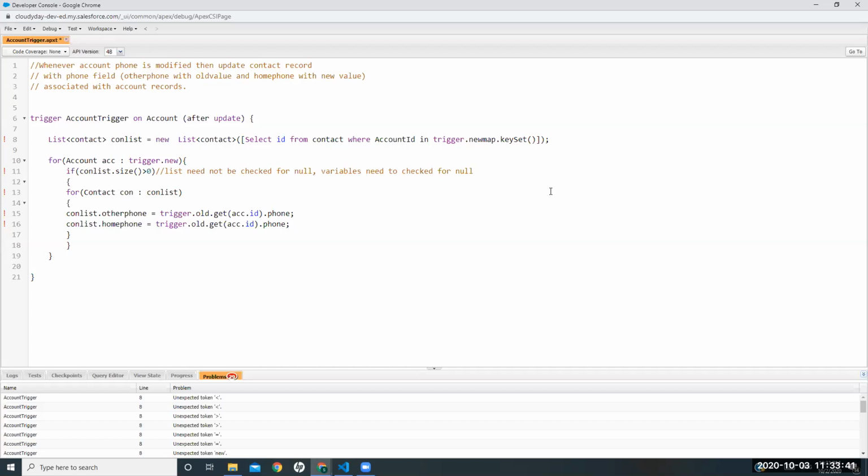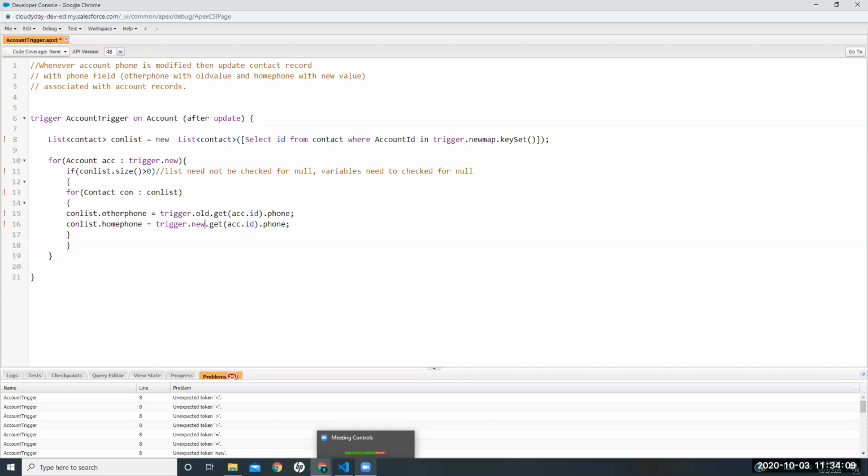We check size, or we check if the list is empty. There are two different methods on list: one is dot size and the other one is isEmpty. We check null on object variables. So on line 8, if it was a contact object instead of a list of contacts, then we would have checked null.